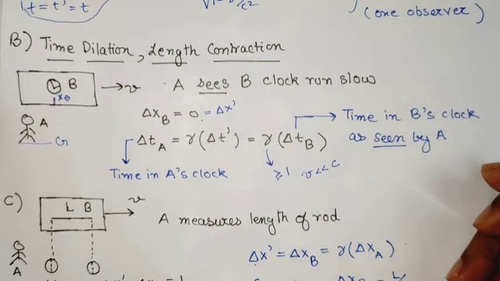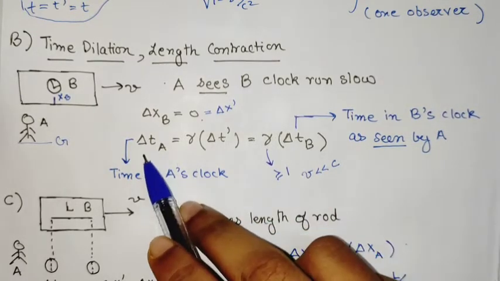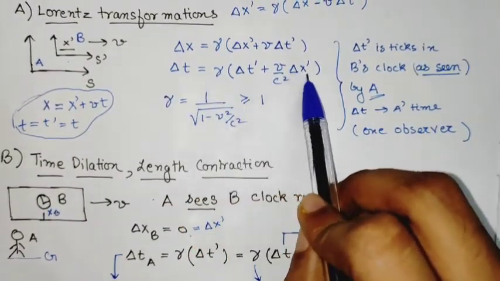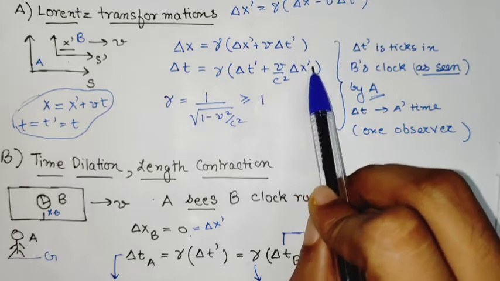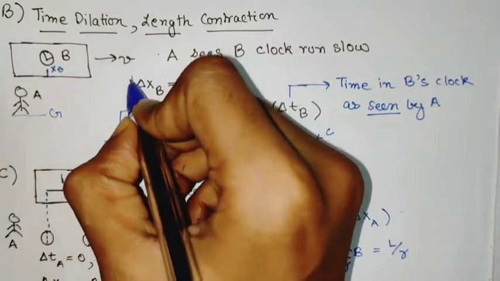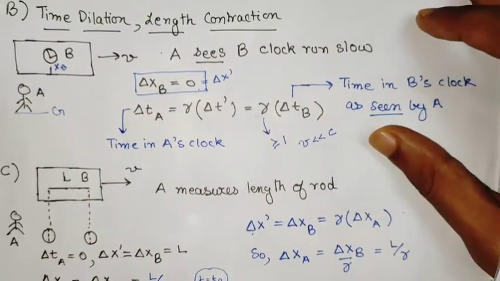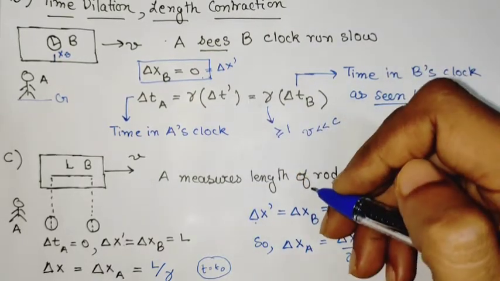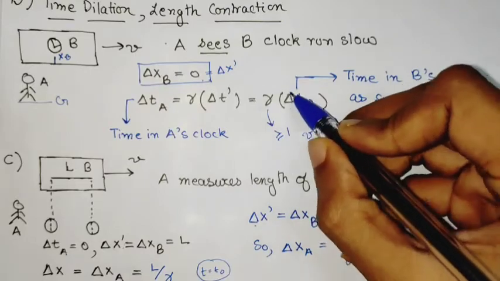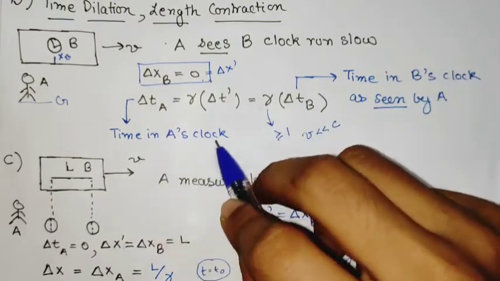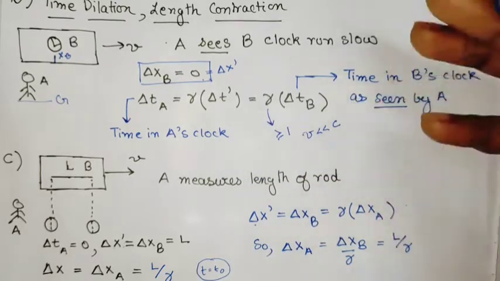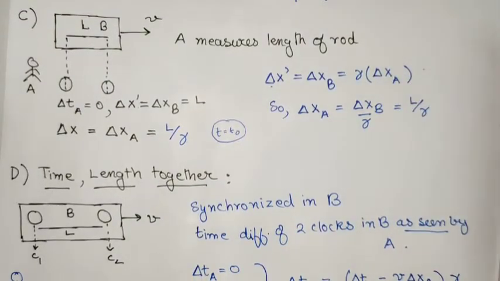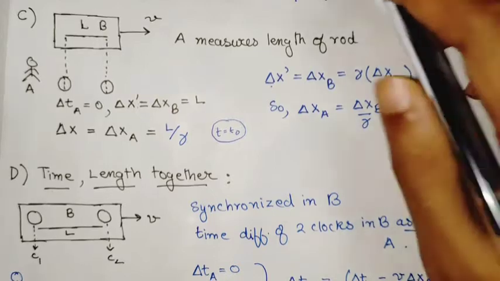There is only one observer and he is on the ground, and they are related by a factor of gamma, because here you essentially put delta x prime, that is delta x of B, equal to 0. So we use this point. What we say is that the clock of A, when A measures his own time, is fast compared to when A sees B's time. With this we now understand the notion of length contraction.